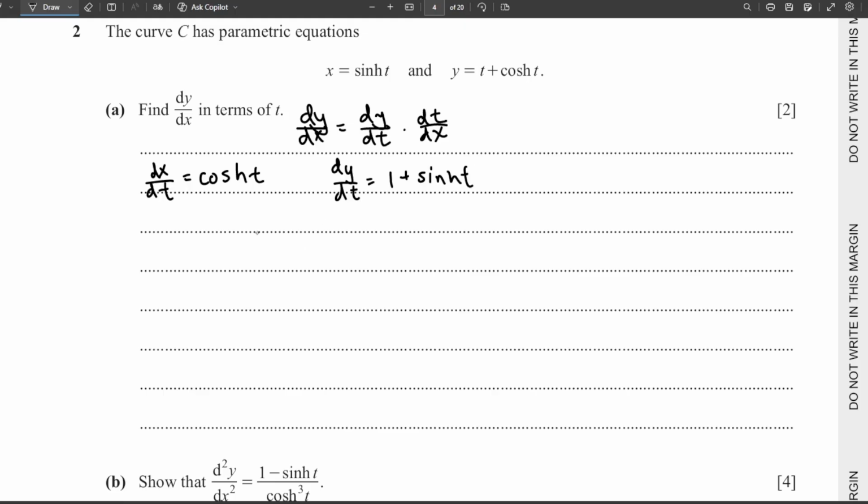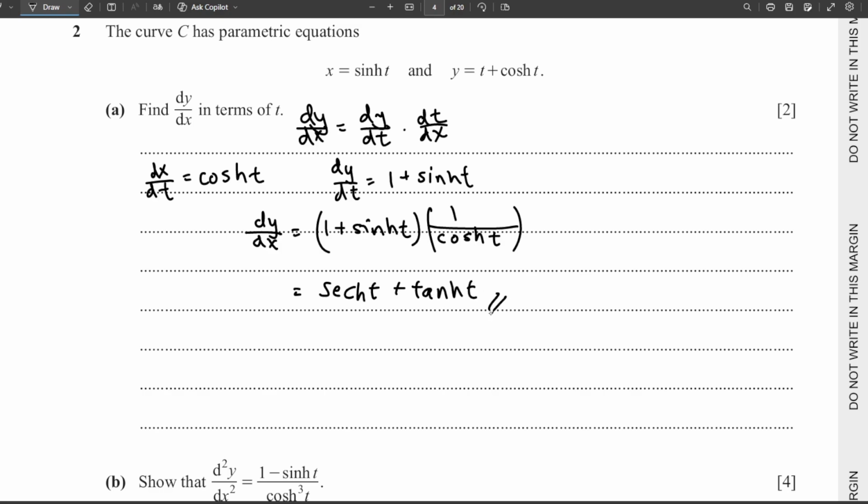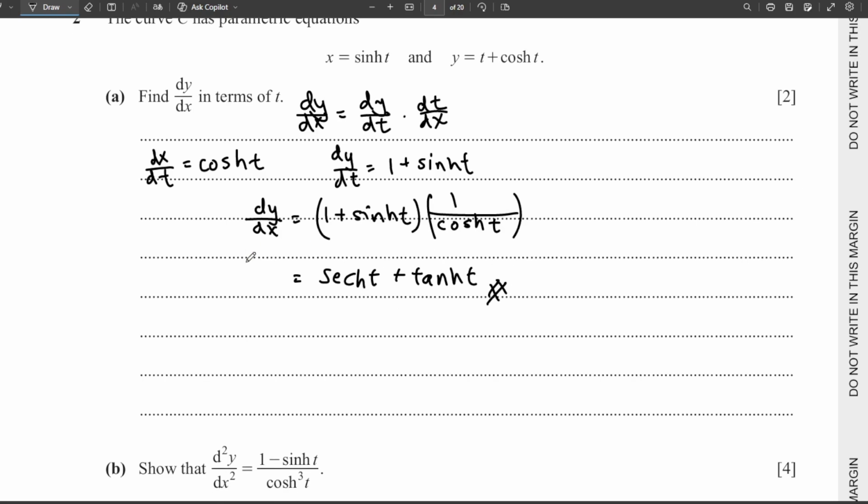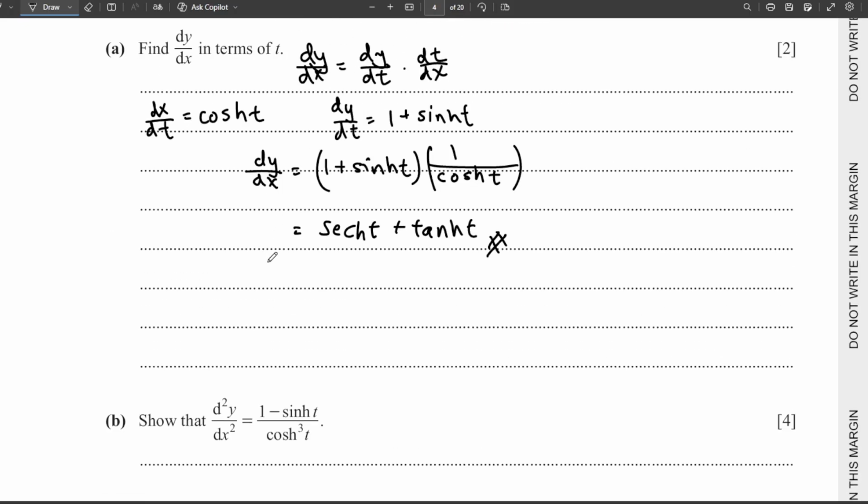Alright, so now we can do this using the chain rule. dy/dx will be dy/dt, 1 plus sinh t, divided by dx/dt. So this actually is a reciprocal of cosh. For the convenience of the next question, I will simplify this to become sech t plus tanh t. So I'll present my final answer like this to ease the next part of the question,